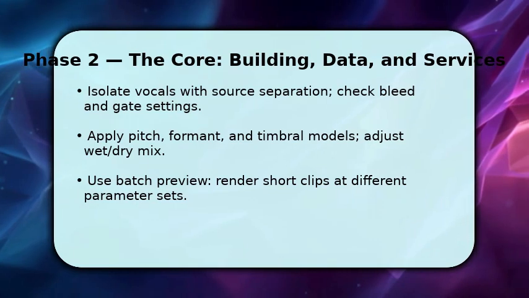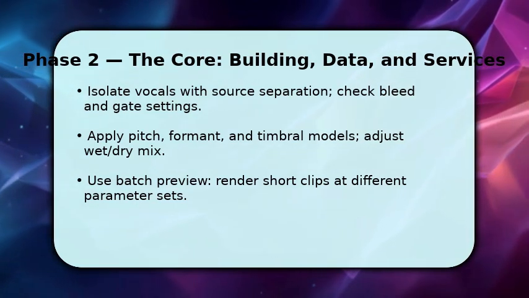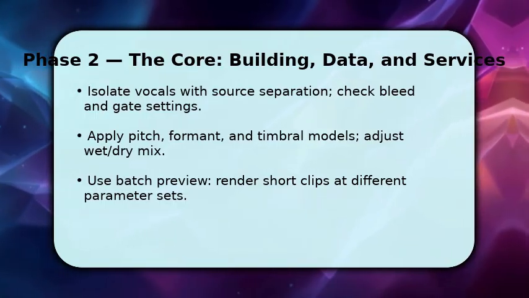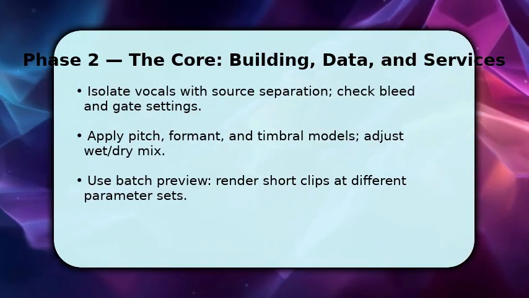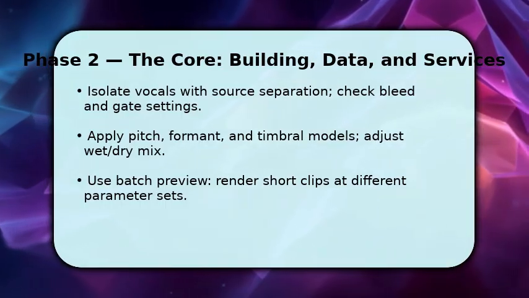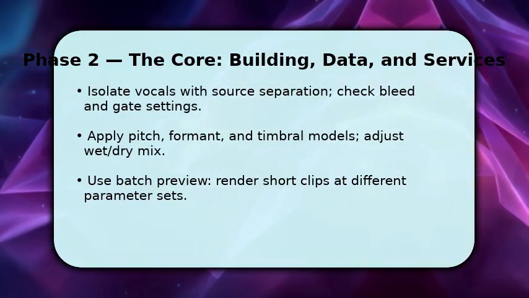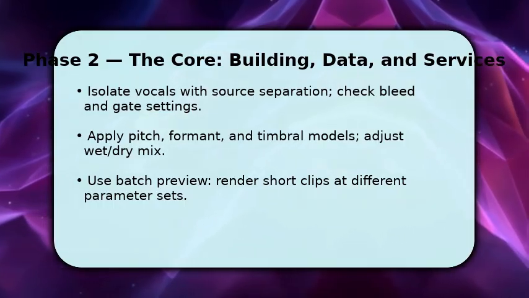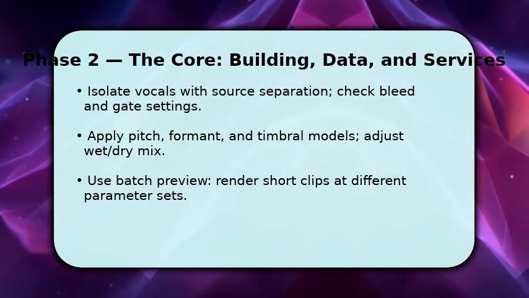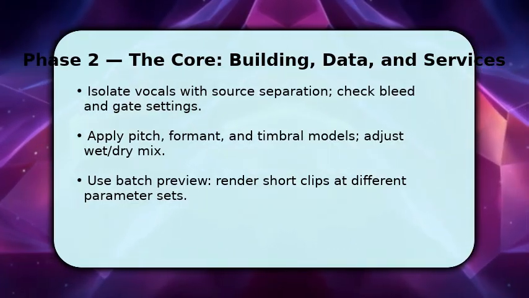Now you isolate and transform, run source separation to remove bleed, and tighten gate threshold so sibilance isn't chopped. Then apply pitch correction and formant shifting. Tweak formants to preserve naturalness while changing perceived age or gender. Use a timbre transfer model if you want another voice's character. Adjust wet/dry mix to blend. Once done, batch render brief previews at multiple parameter sets so you can compare results quickly and choose the best